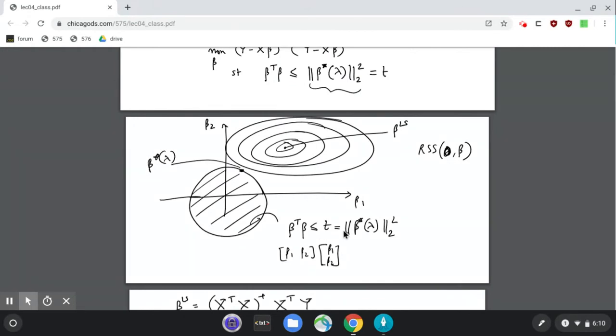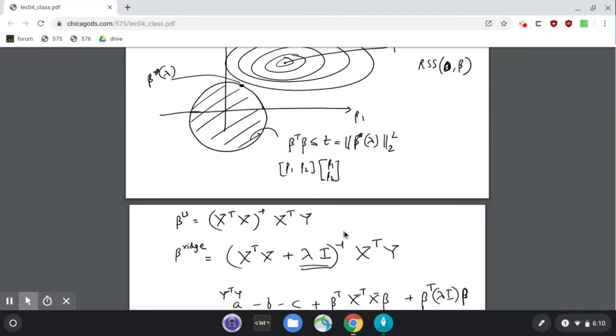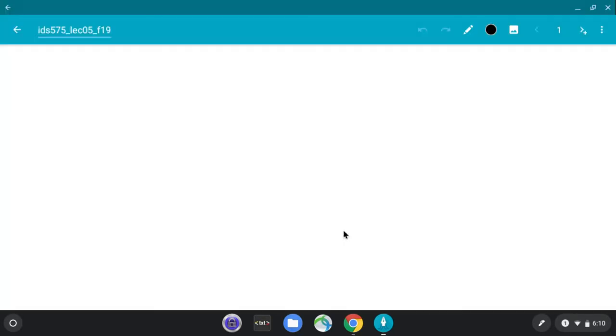Okay, but I don't want to talk about ridge regression more. I want to spend some time on lasso. Okay, so actually maybe even before lasso, let me just quickly recap. This is not related to lasso itself, but it has to do with principal components. So last time, towards the end of the class, I threw in a lot of terminology, right? How many of you agree with that? Okay.